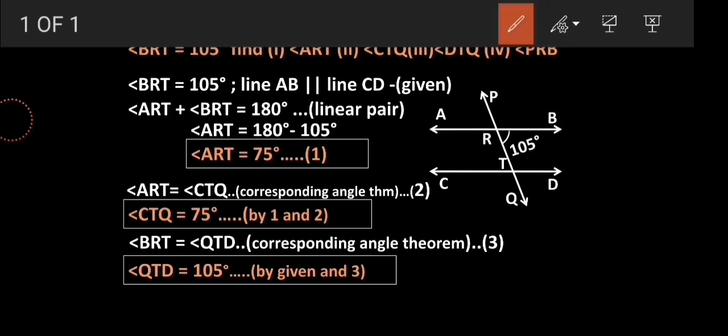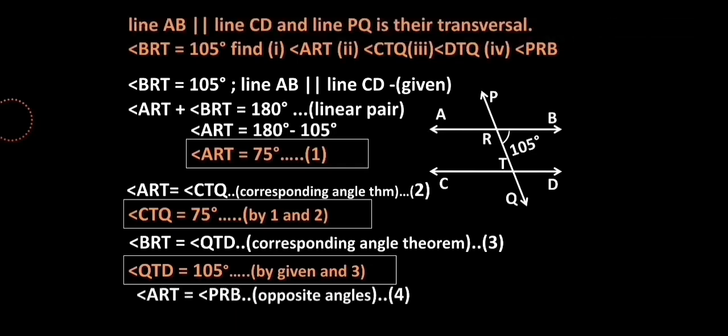Presently, using angle ART as a vertically opposite angle is the most convenient, easiest way, right? So we'll move on with it. So angle ART equals PRB, and that